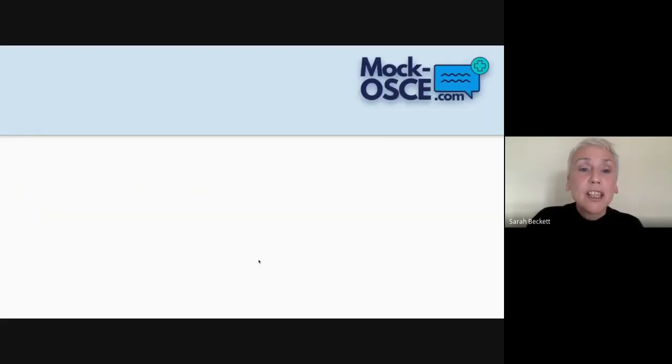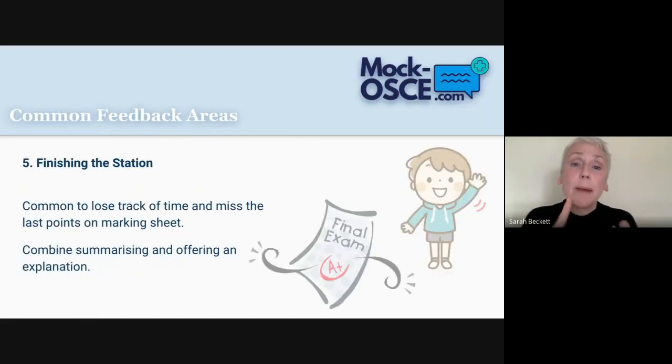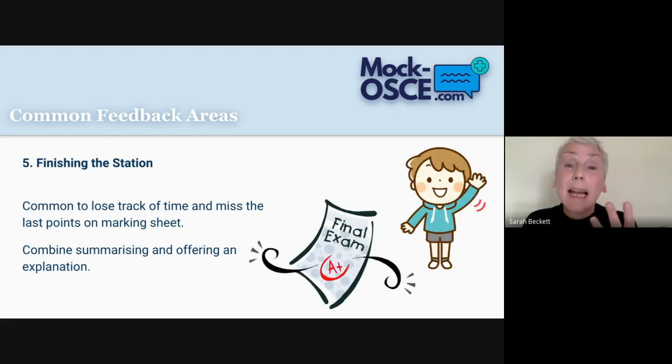Finally, number 5, finishing the station. Timekeeping, summarizing, planning and closing the station. These get missed, especially in the early days of practicing OSCEs. Very often a consultation will finish abruptly because the student hasn't kept an eye on their timekeeping. And as a result, when we come to the mark sheet, those last sections, we can't mark them because they haven't covered them. What I suggest you do as good practice is at the 5 or 6 minute mark,